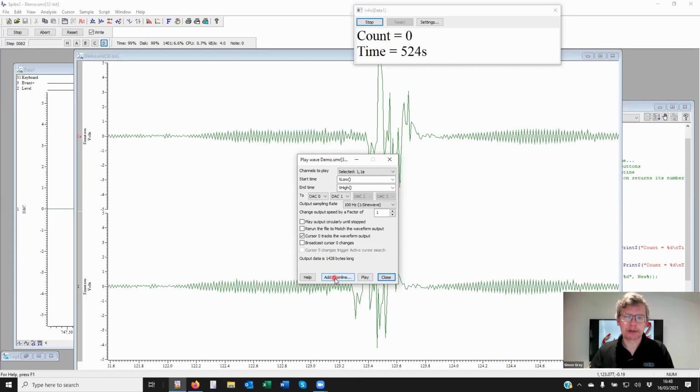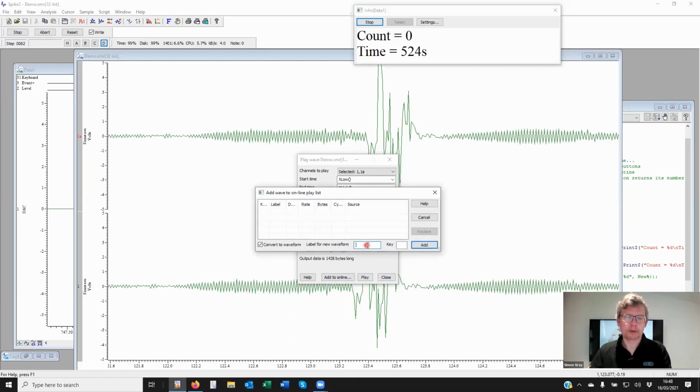Okay, so the next step is to add to online. I'm going to label this and give it a key. Now, in this case, I'm being careful not to match the keys used for the waveform sections, because which would win? If we called everything A, is it the sequencer section that wins, that is plays first, or is it the output waveform that we've got here playing first? So to keep the mind clear and hopefully eliminate any errors, the key that I'm associating with the waveforms is, say, 1, 2, 3 versus the ABC of the sections. Okay, so let's add that